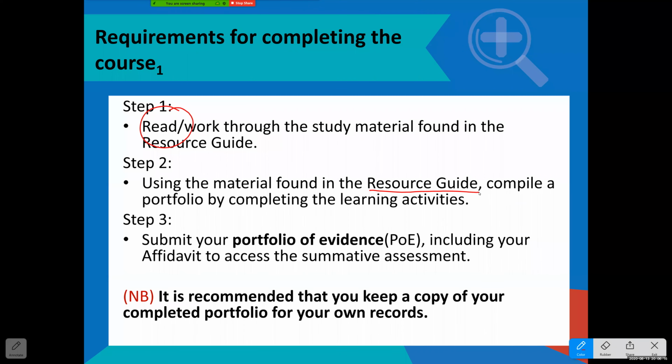And then remember, once you are reading, you're going through your e-learning, then you have to submit your portfolio of evidence, right, which must be submitted as part of your affidavit also. So your portfolio of evidence is a specific set of assignments that you have to complete. We are doing this with you on a week-by-week basis, and my hope generally is that you do your best to complete,